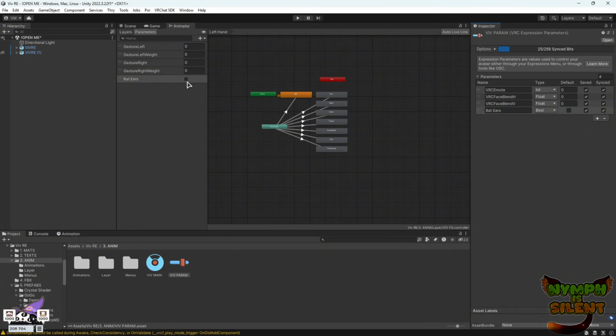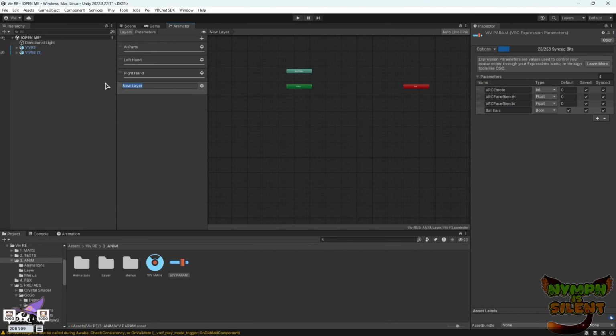So what I'm going to do is I'm going to check these little boxes. I'm right here. Make sure these two are checked as well. This is what will save your customizations when you change in and out of the avatar or if you go into a new world. We're going to come over to layers, click the plus sign,